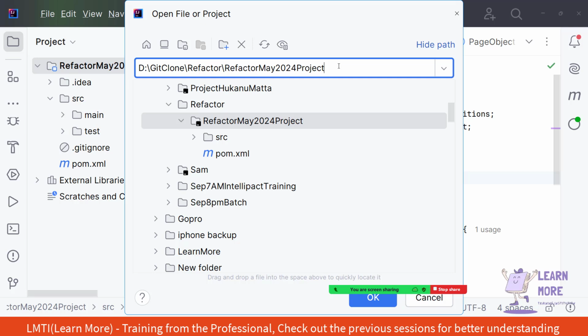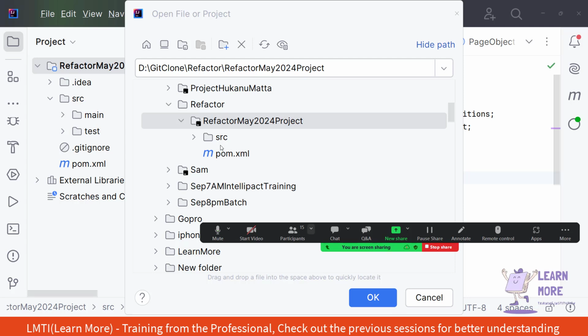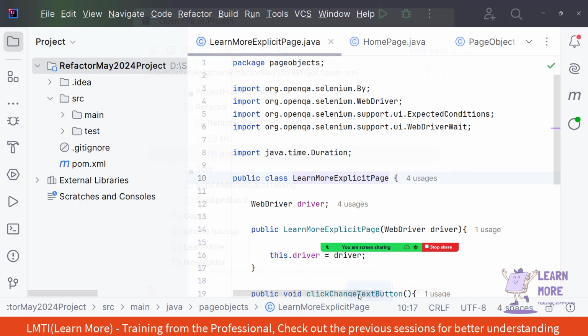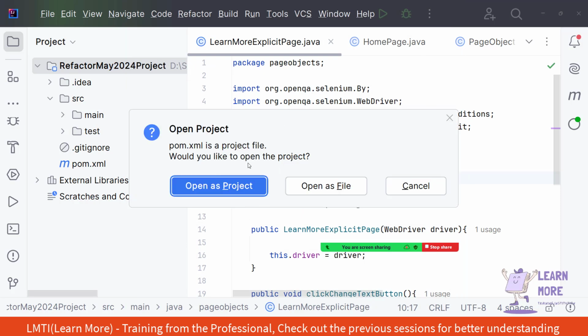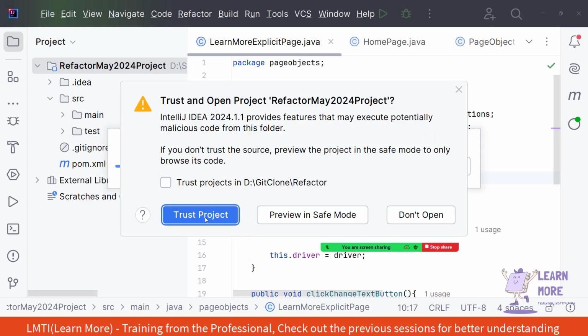So after pasting the path, the common mistake everyone used to make is that they select the folder and click on the OK button. But whenever you are opening the project, even in real time, we should always select the pom.xml file. Okay, so if we need to open the project, we should always open the pom.xml, and if you click on the OK button, it will ask whether to open it as a project or not. I'm clicking Open as Project, and you need to click on Trust Project,